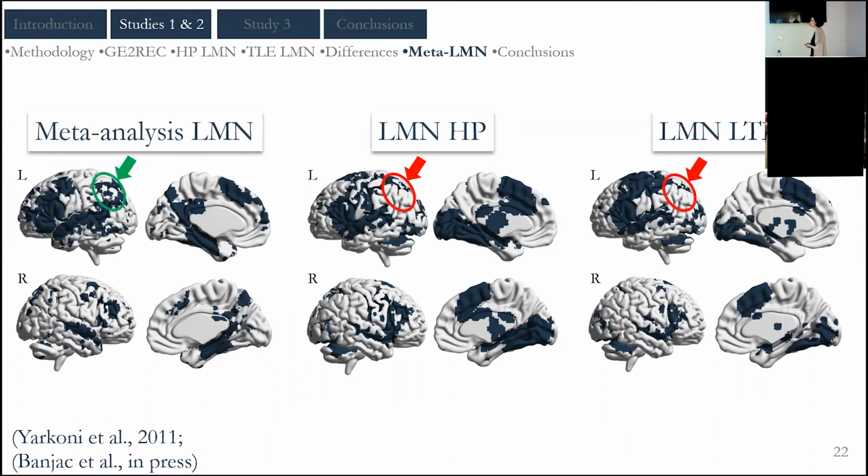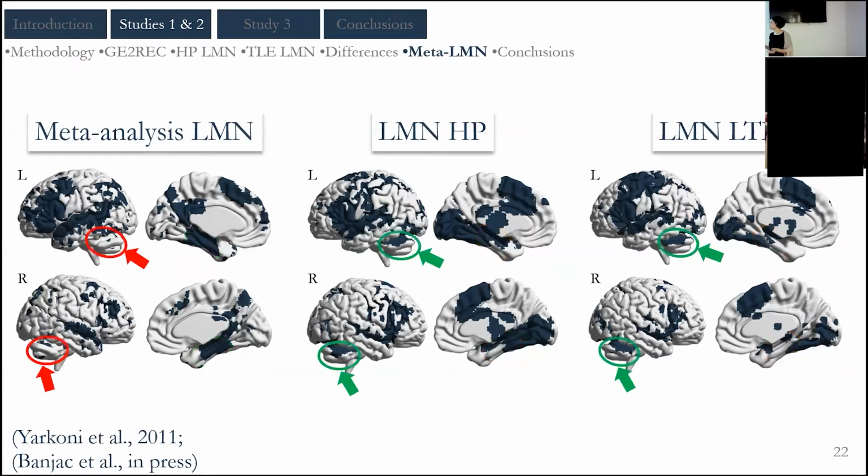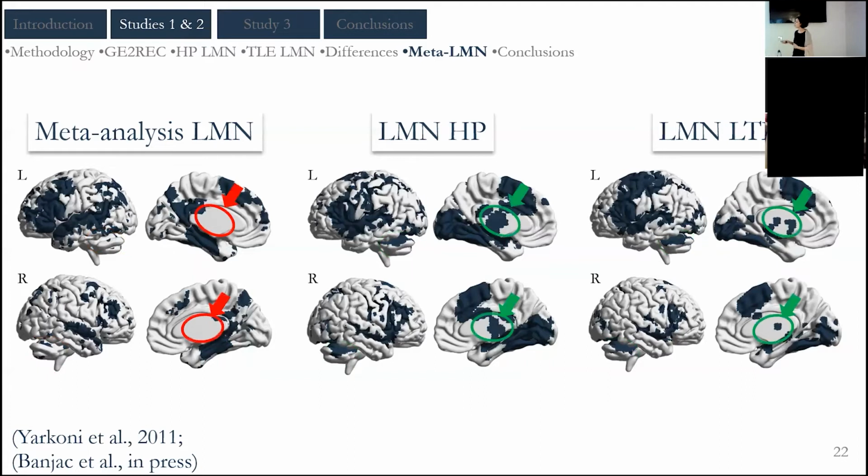For instance, using our protocol, we didn't manage to find as wide activations in parietal regions as expected by meta-analysis. And also, even though we found activations in hippocampus, we didn't have as wide coverage as did meta-analysis. Nevertheless, using our protocol, we managed to activate the cerebellum more than it was in meta-analysis, as well as putamen and thalamus. These regions are known to be engaged in language and memory, and they're often neglected and left out